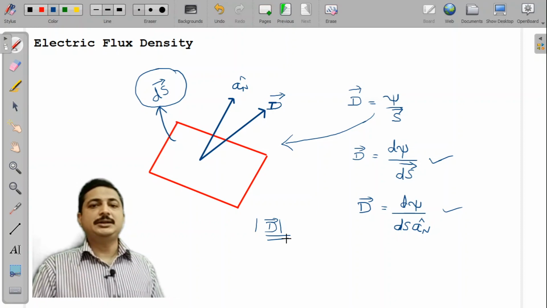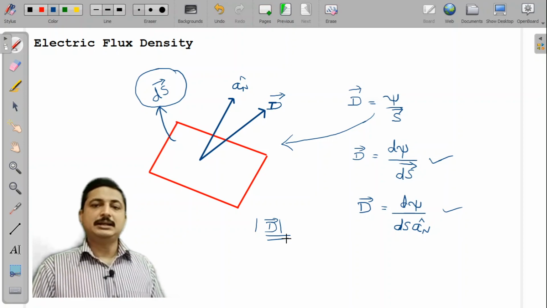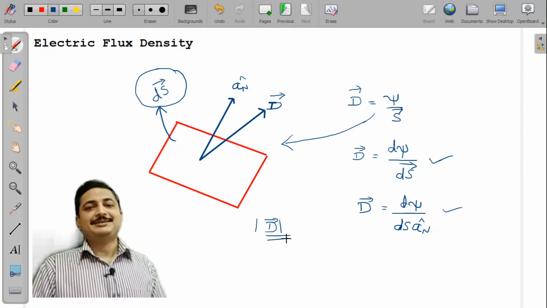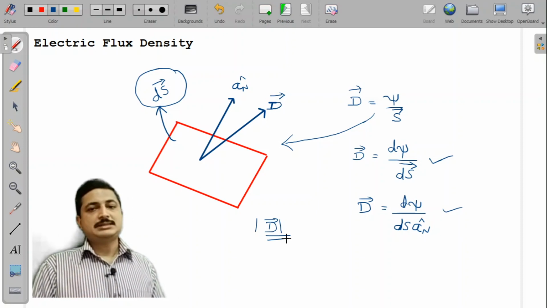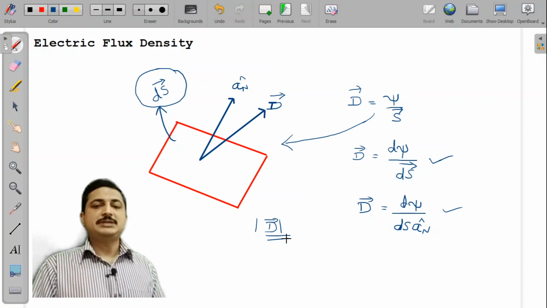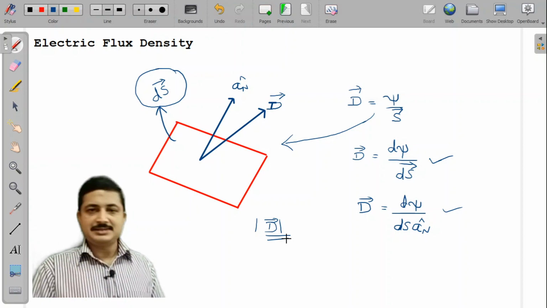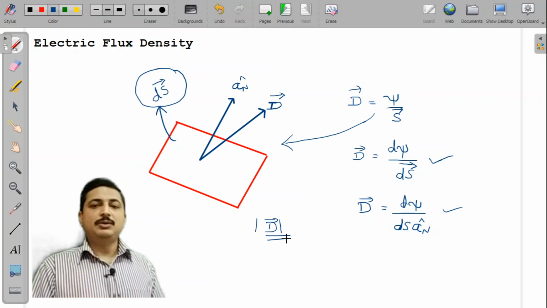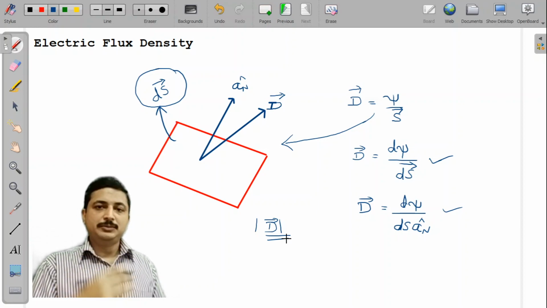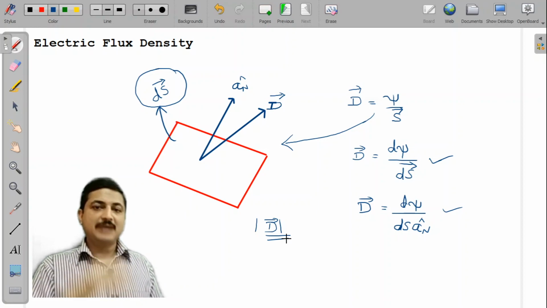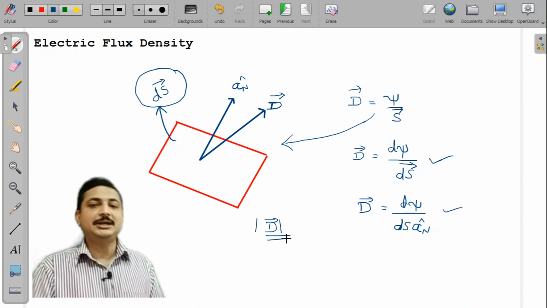So that is represented using density, a new term. Electric flux is denoted by the Greek letter psi and electric flux density is denoted by capital letter D. So electric flux density can be mathematically written as a ratio of number of flux lines and surface area. So we write D is equal to psi by S. And remember, since D is a vector, surface area has to be treated as a vector, and this makes sense because how we hold the surface area to make flux lines pass through is very important, because we have to hold it perpendicular or normal to the flux line itself.